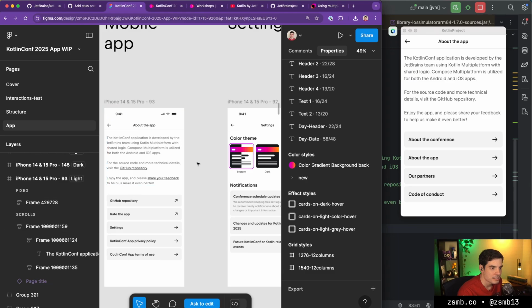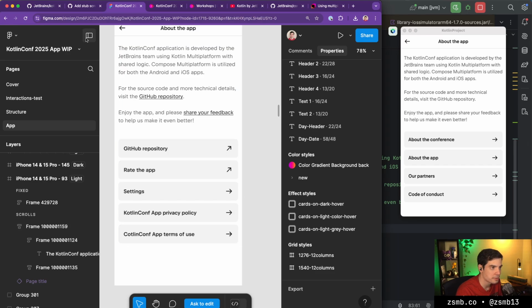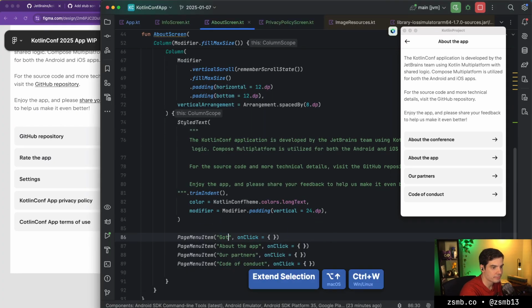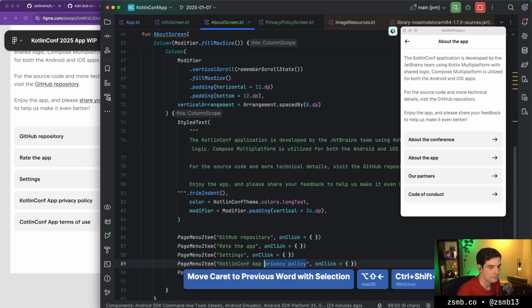But this seems fine for now. And then of course we have these 5 buttons, 2 of them pointing up. Excellent. Okay. So GitHub repository, and then rate the app, and then just settings, and KotlinConf app privacy policy,